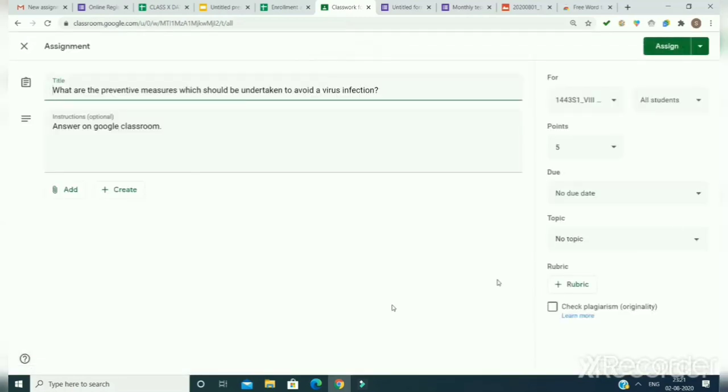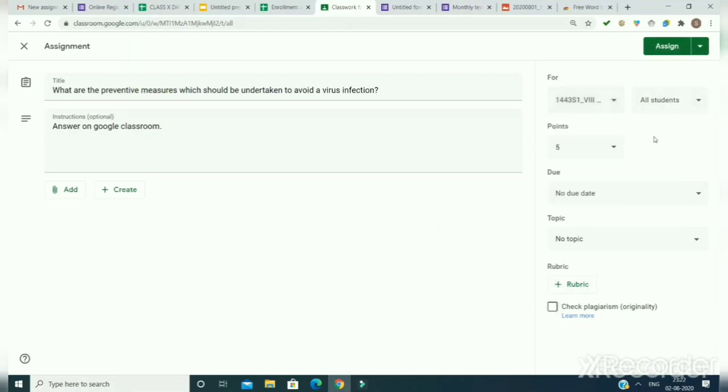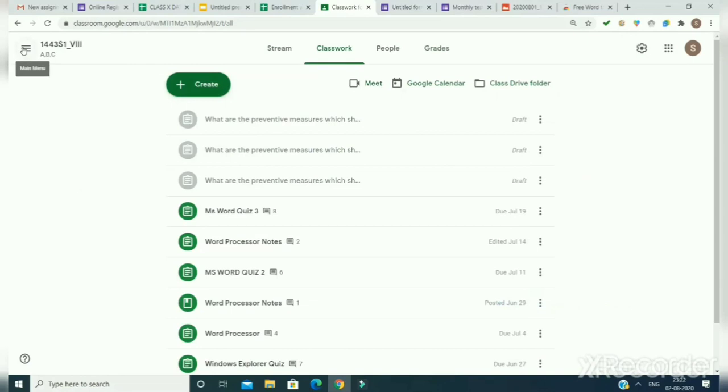Now this is the assignment window of the class 8. I can assign the same assignment to some other class if I wish to. But right now I don't want to do this and I want to assign these assignments to the students of class 8 only. So I will click on the assign button. I will fill the formality that I want to do like due date, points, and I will click on the assign button. This assignment will be assigned to the students of class 8. So this is the way we can reuse the assignments.